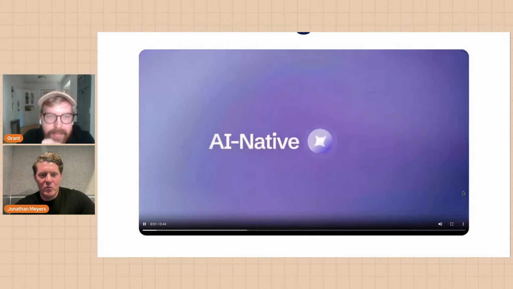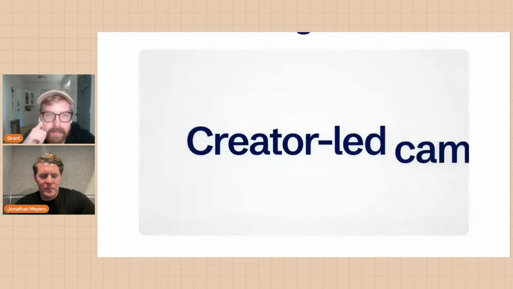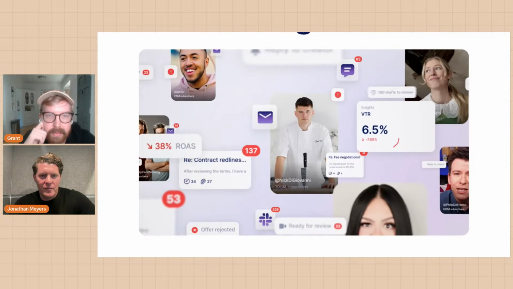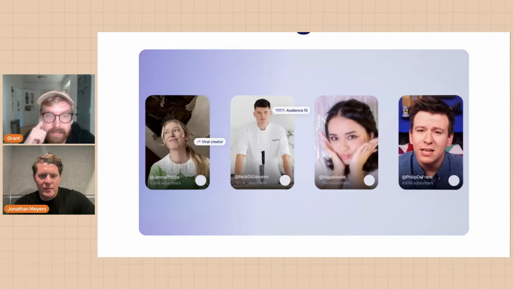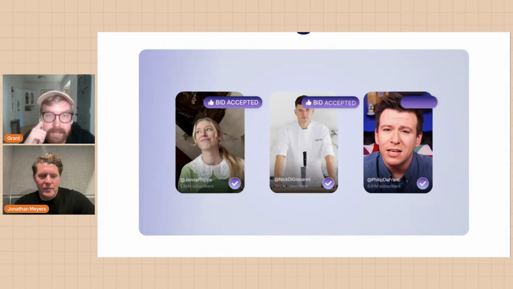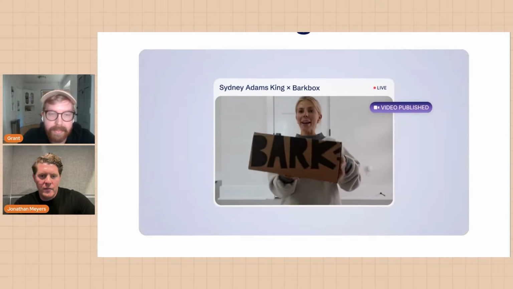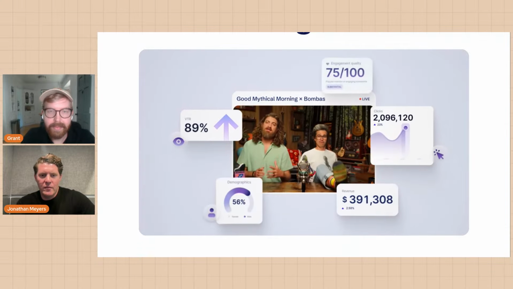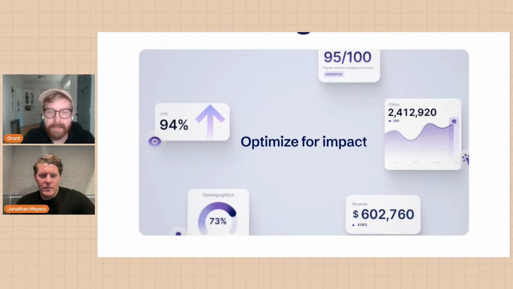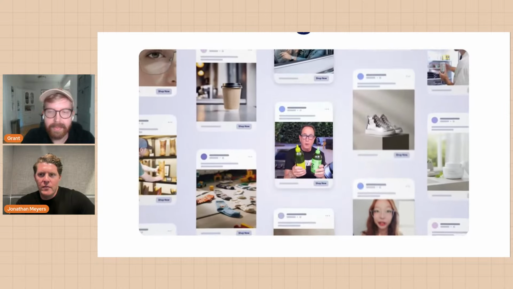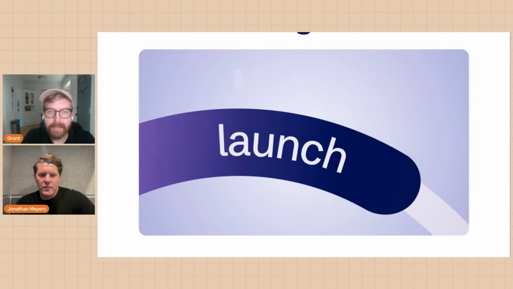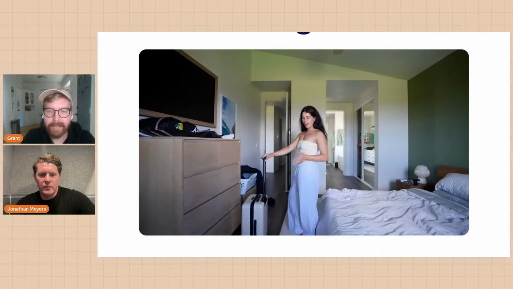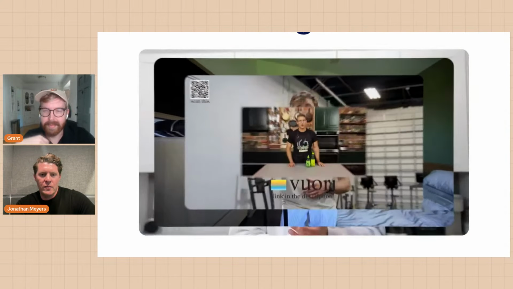Agentio is the AI native platform for creator advertising. Creator-led campaigns drive results, but scaling them buries your team in manual work. Agentio lets you focus on strategy by automating the entire process, from discovery and contracting to launch. With real-time performance insights across every channel, you can understand what drives results and continuously optimize for impact. Now, creators become part of your media plan. Launch campaigns in minutes, optimize in real time, and prove results across the funnel. Turn creator partnerships into a measurable advantage with Agentio.